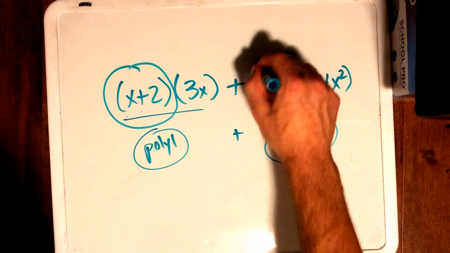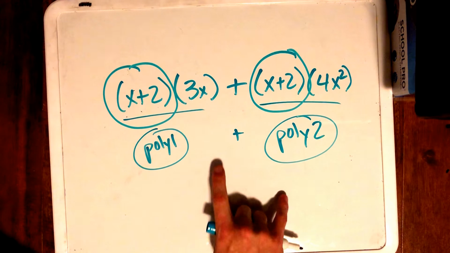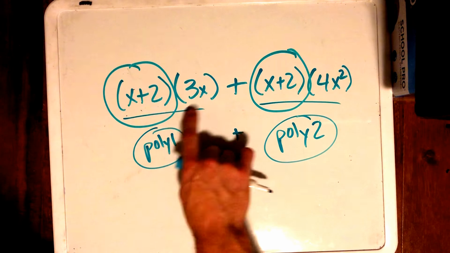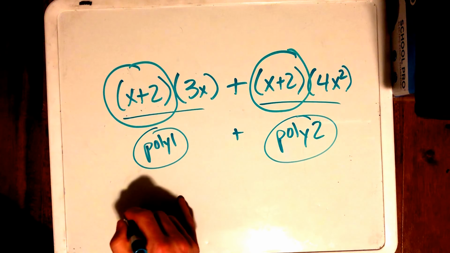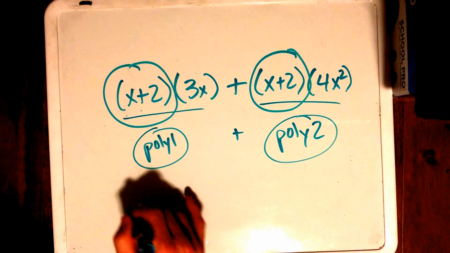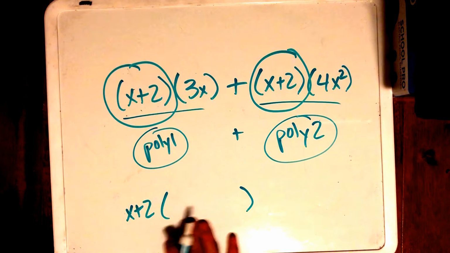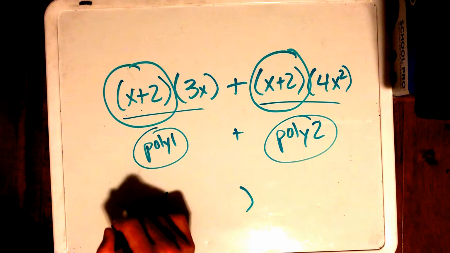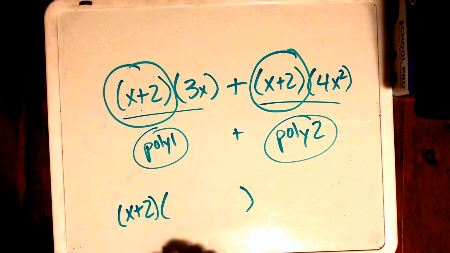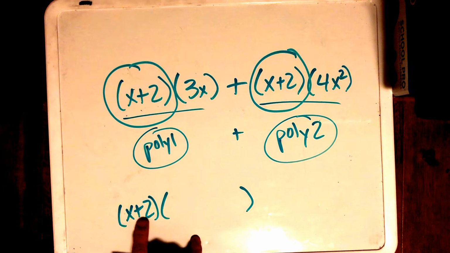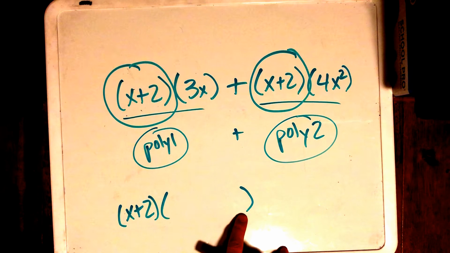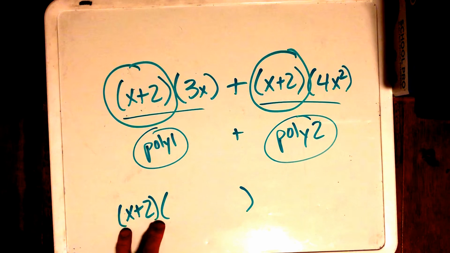X plus 2. And so just like we did with our numbers, we've identified our greatest common factor, so we want to pull that out. We're going to say x plus 2. And so before, what we did is we did x plus 2, and then we filled in whatever was left over. This one we want to make sure to put what we pull out in parentheses, because otherwise we're saying x plus 2 times something, and really what we want to represent is